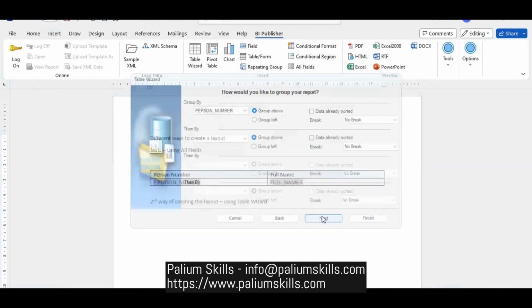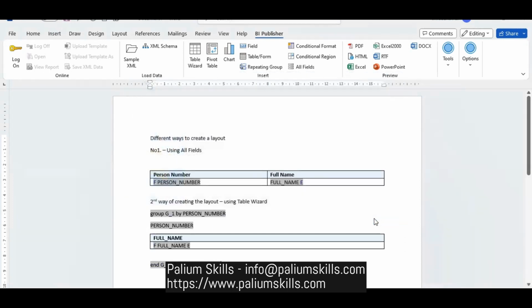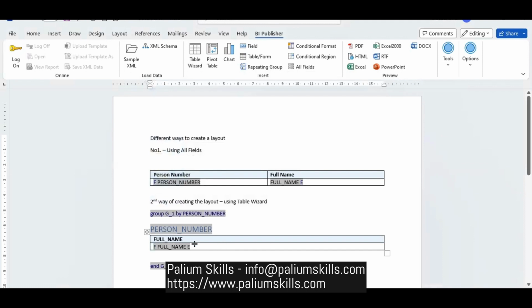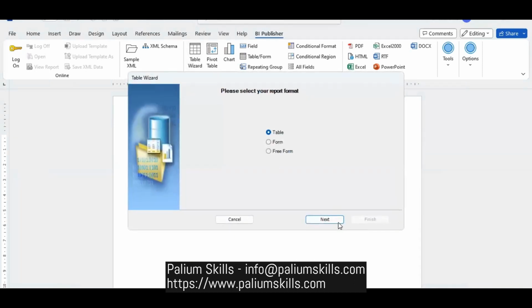That is like grouping. Then sort by, let's say, full name, and then we finish it. So the system will add these columns in this manner. And since it is group by, person number will come at the top. If I don't want it this way, I can delete it and just say simple